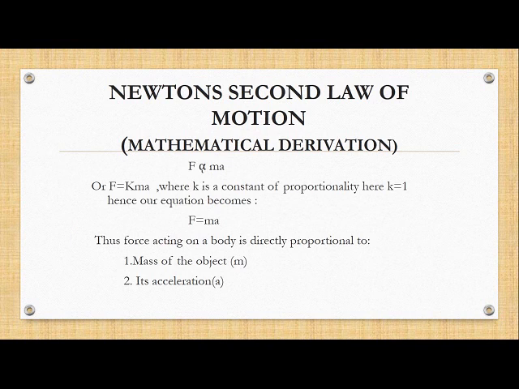This sign of proportionality denotes that certain conditions are acting. When we remove those conditions, we have to apply a constant here. In ninth standard we will be calculating some other constants also, and each constant has certain values. In this particular case, the value of the constant k is 1.